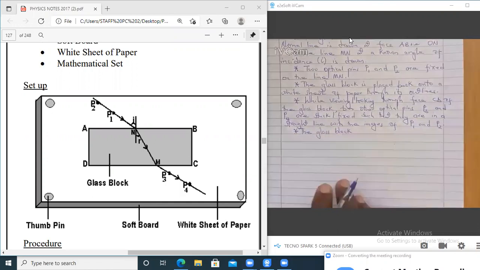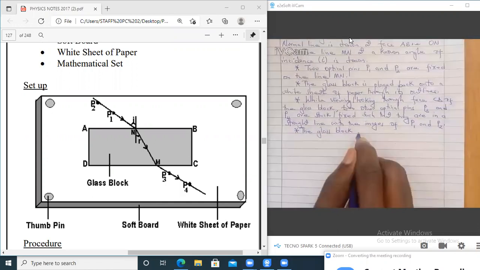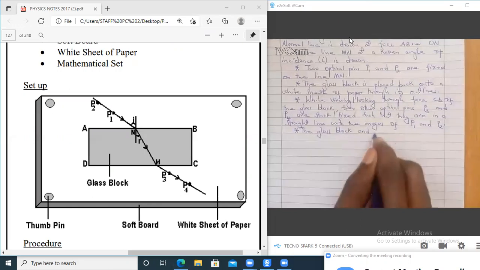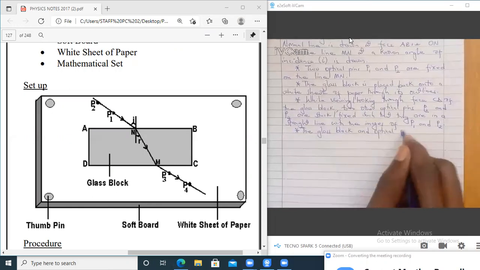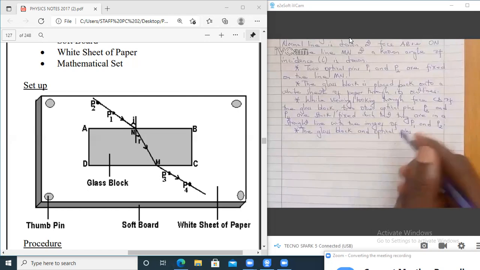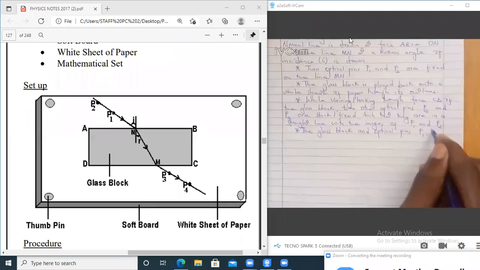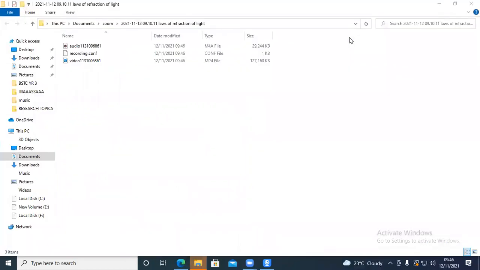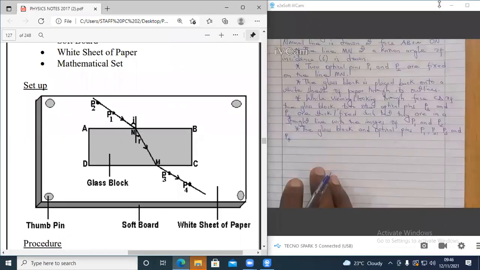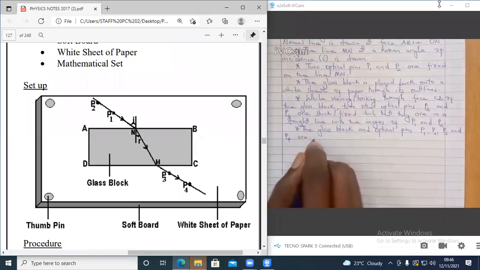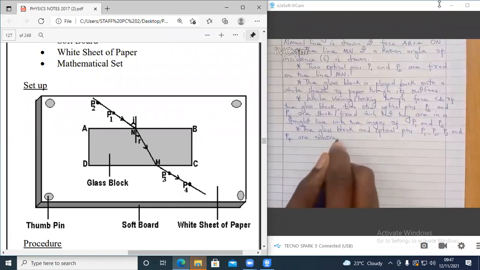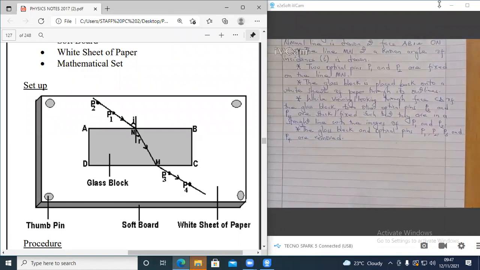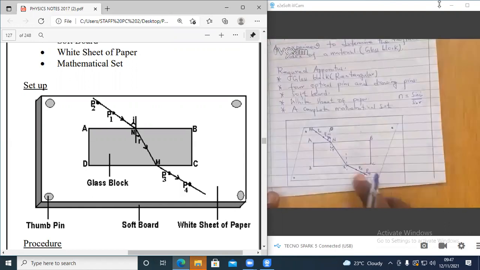After that, the glass block and optical pins P1, P2, P3, and P4 are removed. Because now we have fixed these two pins, we fix them in such a way because of refraction,